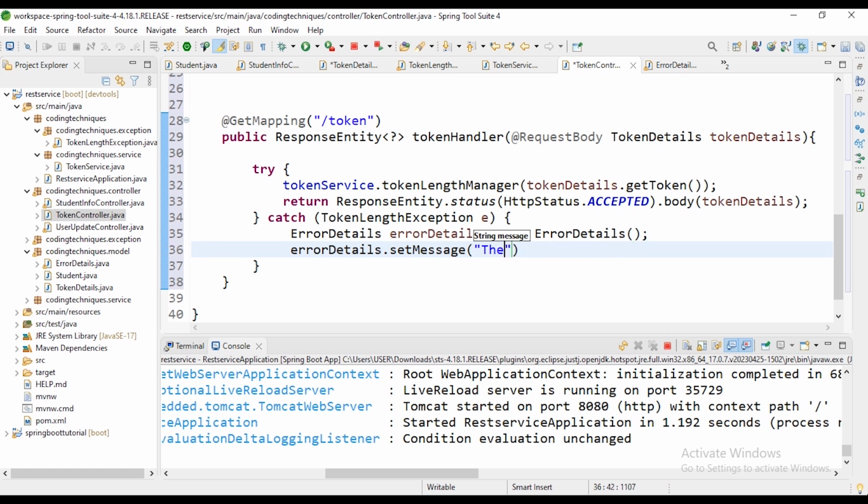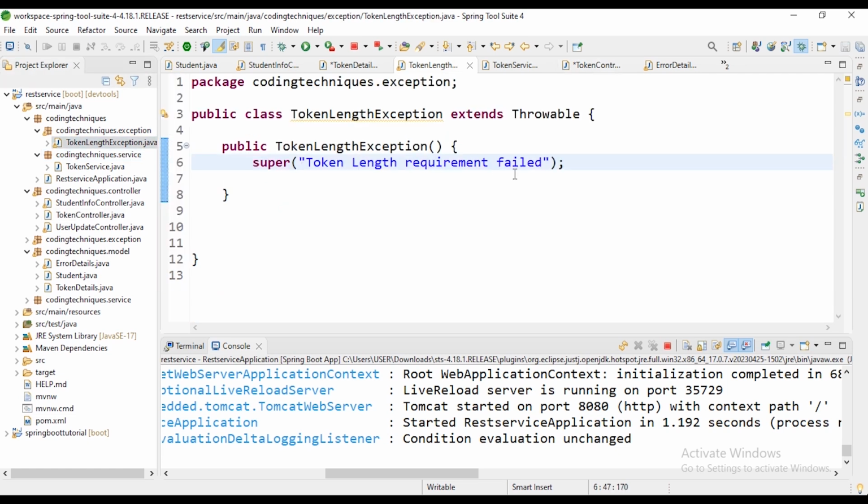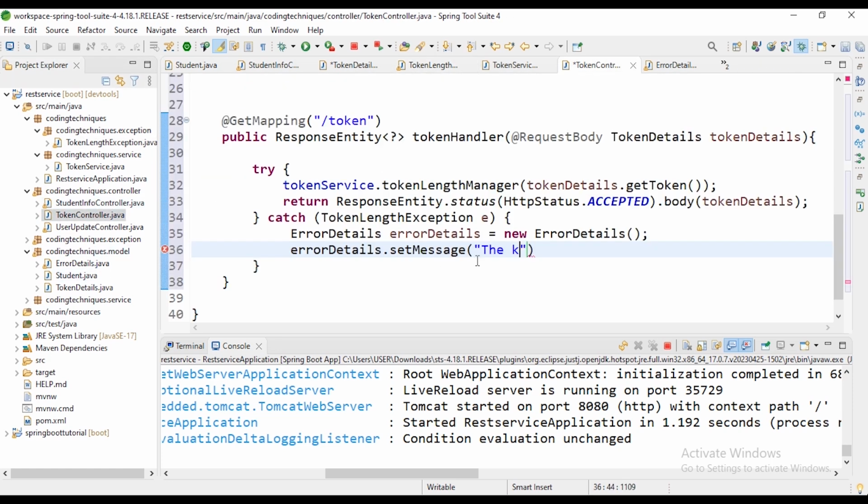Okay, so let's change this method, the length of the token. We have the message here, the token length requirement failed. Okay, so controller, and then